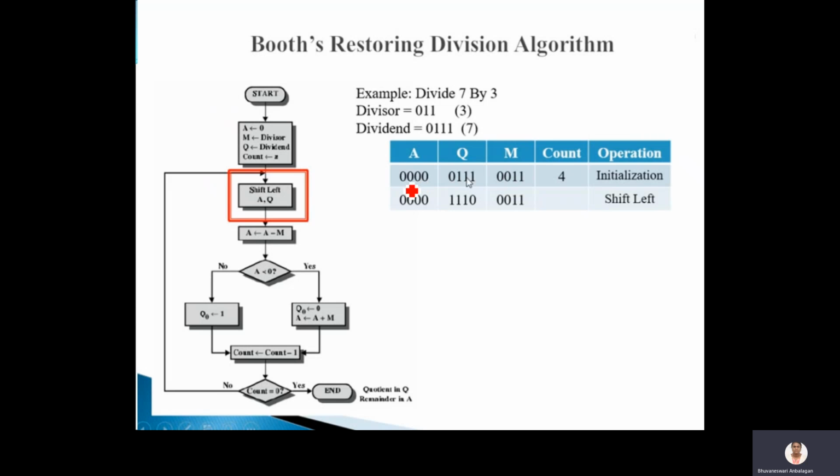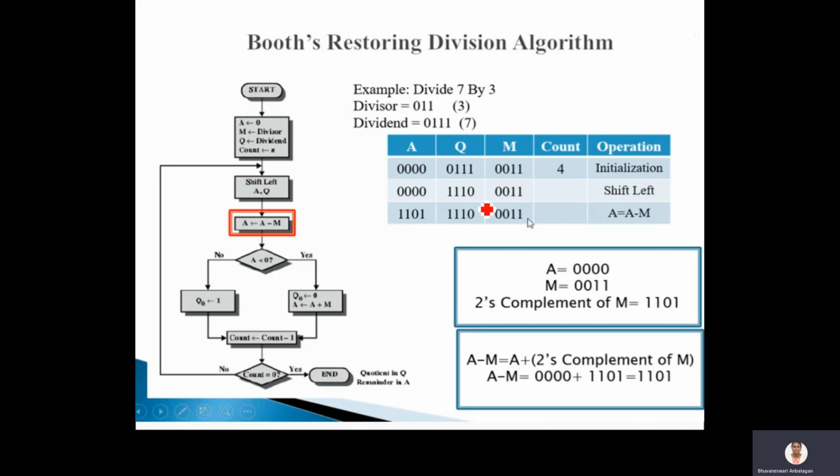Okay. If I have to do the shift left, what are the values I am going to shift? A, comma Q. This is going to be A. This is going to be Q. Now if I am going to shift left, this 0 will be going out, so it will be discarded, and then the value of 0 will come here. This 0 will be shifted left here. This value will be shifted left here, and each of the remaining values will be shifted here. Okay. And here in this position, the value of 0 will be coming from the outer register.